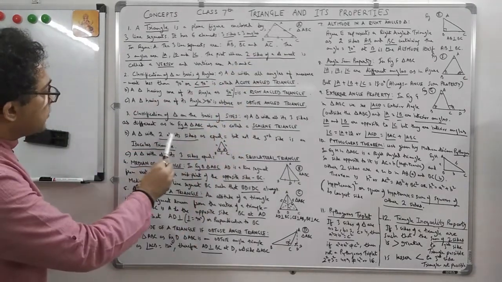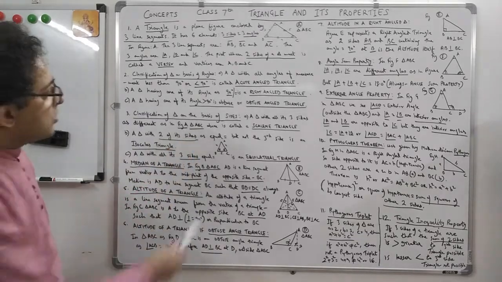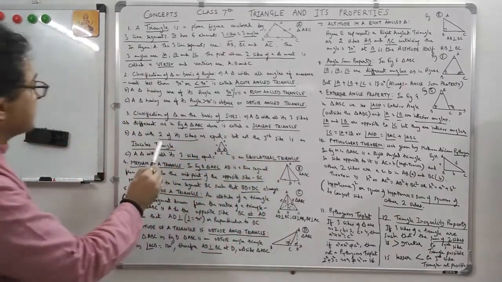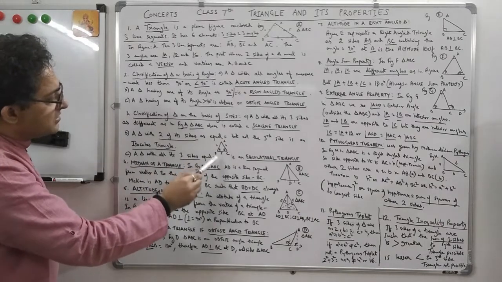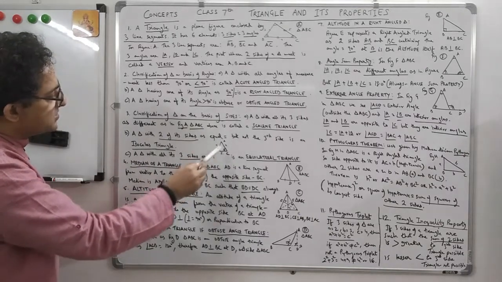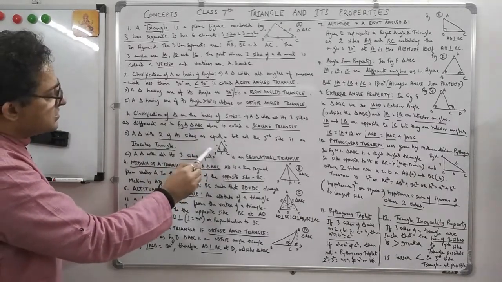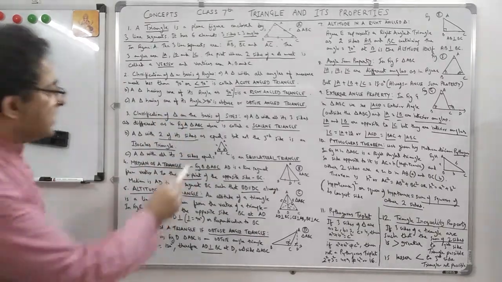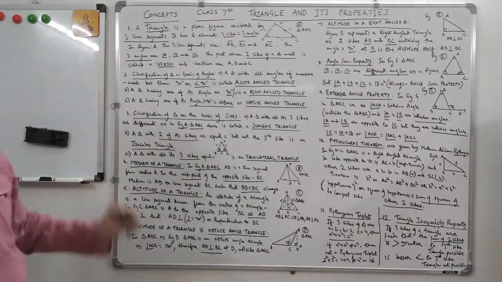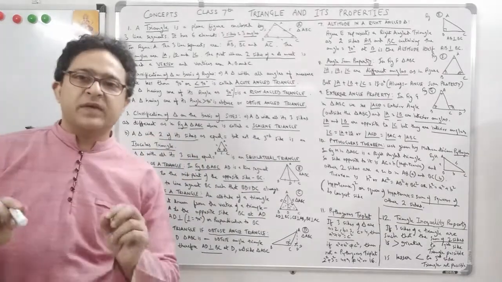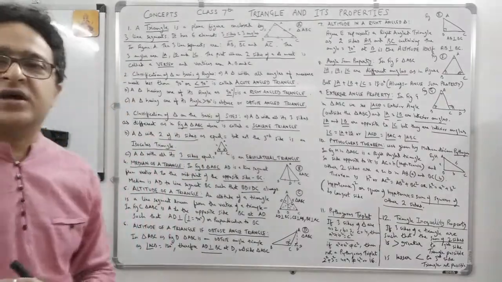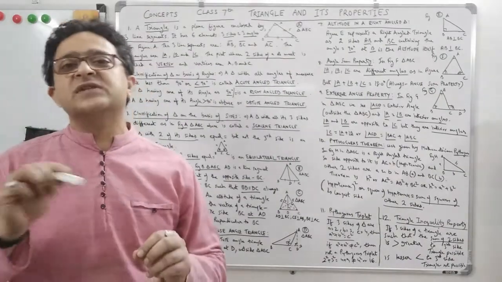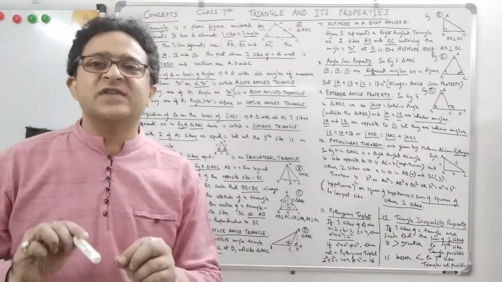A triangle with two of its sides as equal but not the third side is an isosceles triangle. This is isosceles triangle ABC, which I have taken here. You see this is 4, and this is 5. So BC is 5, AB is 4, AC is 4. Usually what happens in an isosceles triangle, you can remember, the angles which are opposite to the equal sides will also be equal. The angles will also be equal.